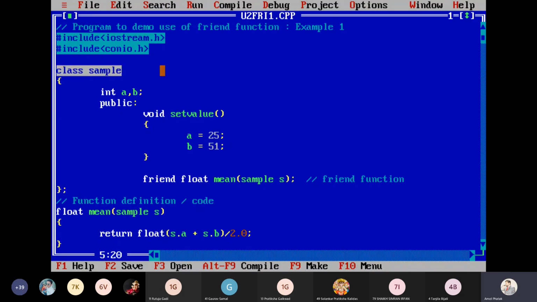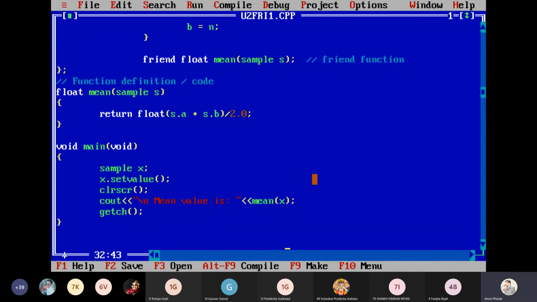I repeat again, class sample having two variables A and B. Let's pass these values over here. Suppose the user is going to pass the values m and n. It accepts two values, integer m, integer n. So set values m and n I'm passing to it.